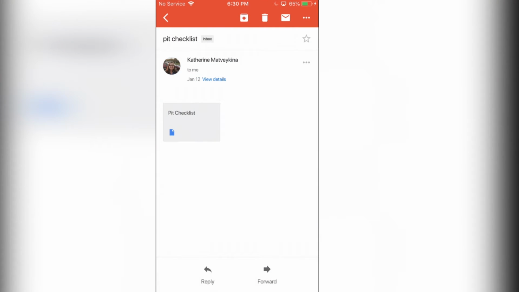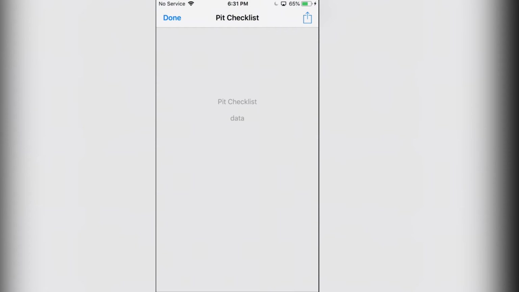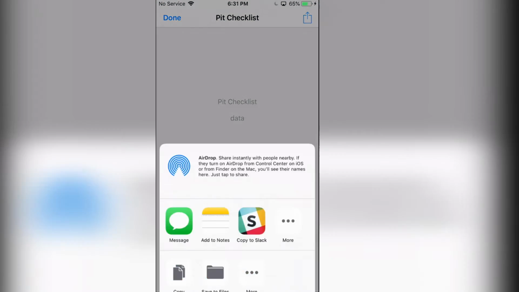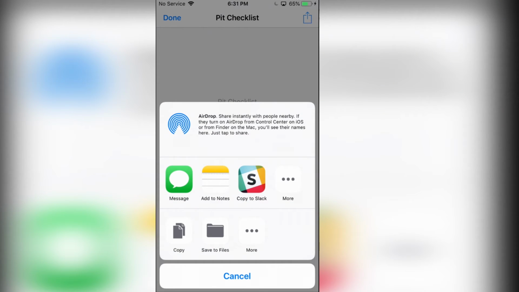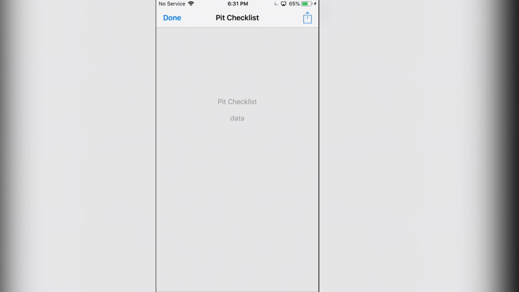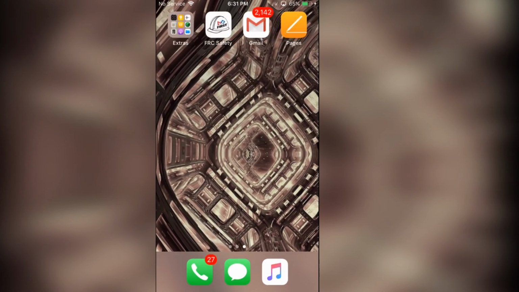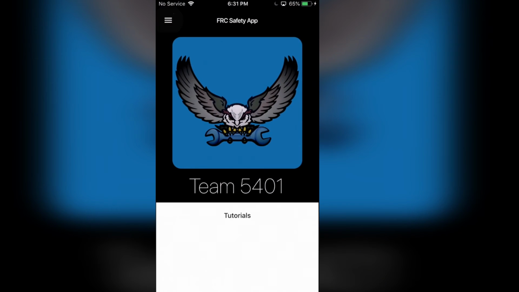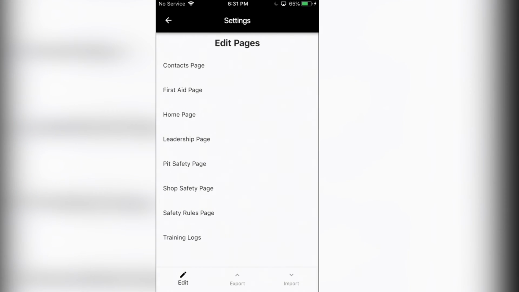I'm going to be using an example from my team's checklist. I'll click on it, press this box button, and press Save the Files. I'll then click on my own iPhone, on Pages, and then click Add. This will make it accessible within the FRC application. You'll then go back, go to FRC Safety, go to Settings, click Import,